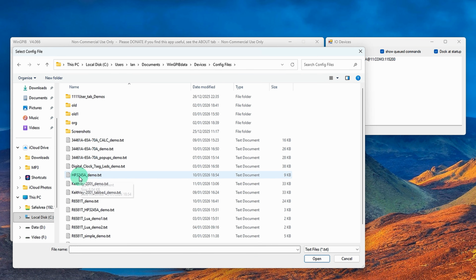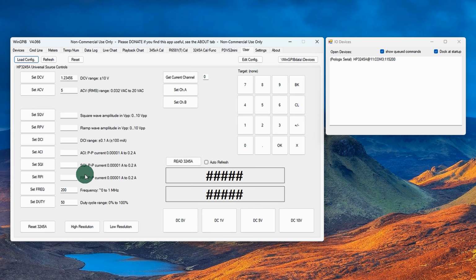There it is, HP3245A demo, and here it is. Again, I've just done a basic one to get up and running. So my 3245A is up and running now. You won't see that, it's off to the side. So I can type in the voltage here that I want to output in the range of plus minus 10 volts. I've got this text box here, I've typed in 1.23456, hit the set DCV button, and off the side of the workbench there, my 3245 is outputting